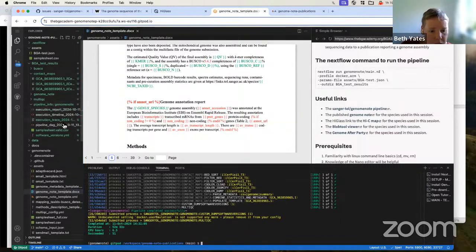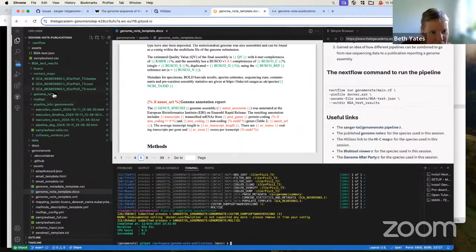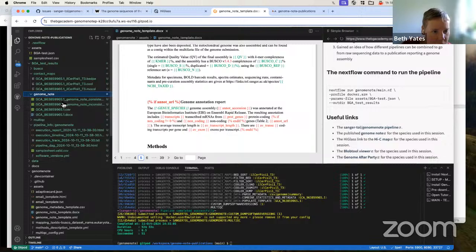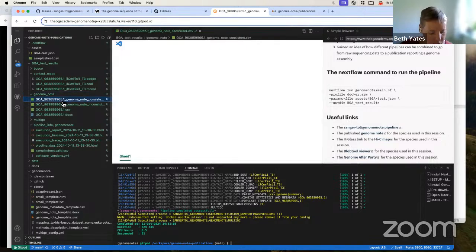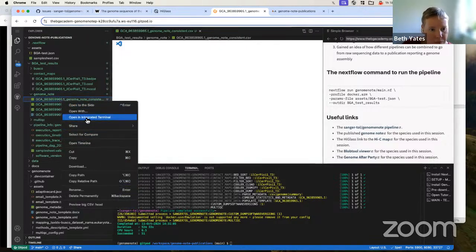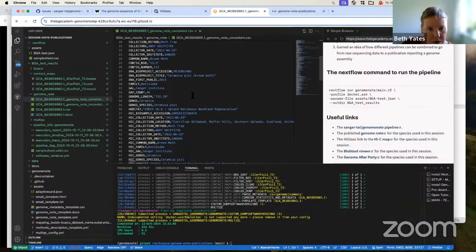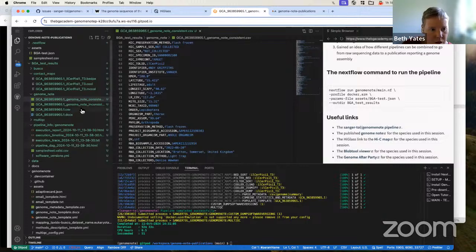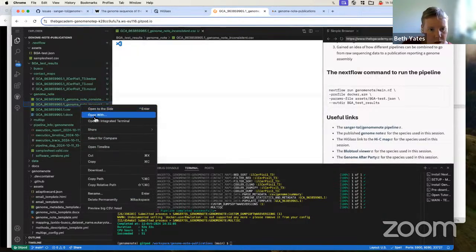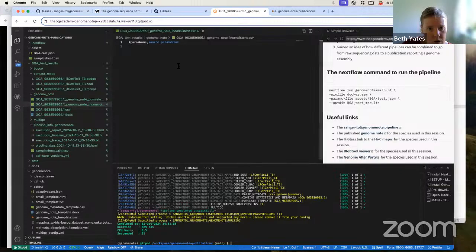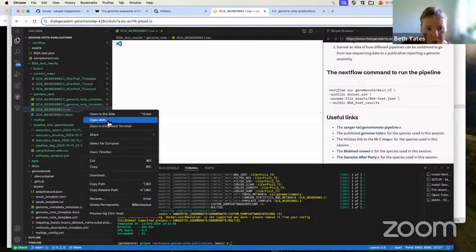Then the pipeline is finally finished. And that took a lot longer than I was expecting. Sorry about that, everyone. So within the Genome-Note directory, you can see all the parameters that were filled in. You can see the ones that weren't used. In fact, in this case, everything was added in. You can see the outputs